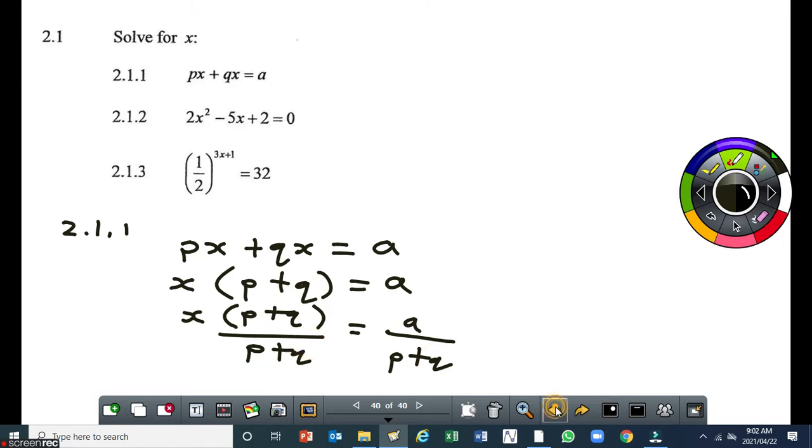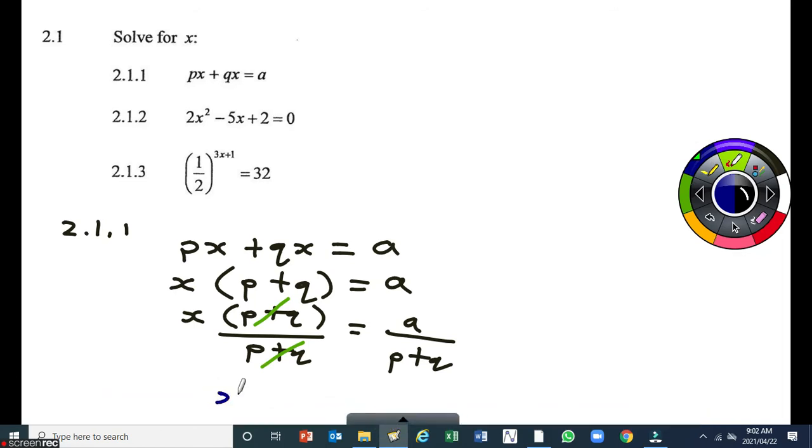I can just use different colors there. Right? The p plus q and the p plus q cancel out. So your final answer is going to be x is equal to a over (p plus q). That's your final answer. That's it. So easy. That's why I said this question here you can answer within 10 seconds or even less. Okay? Then